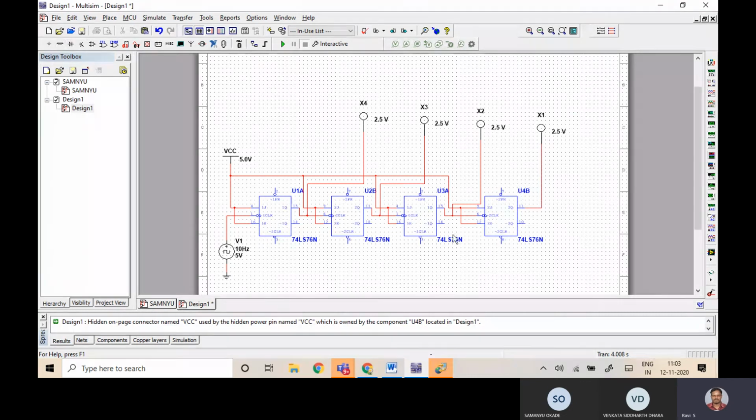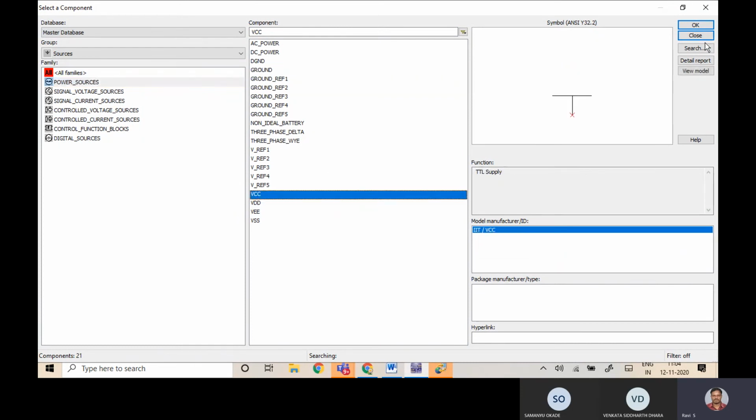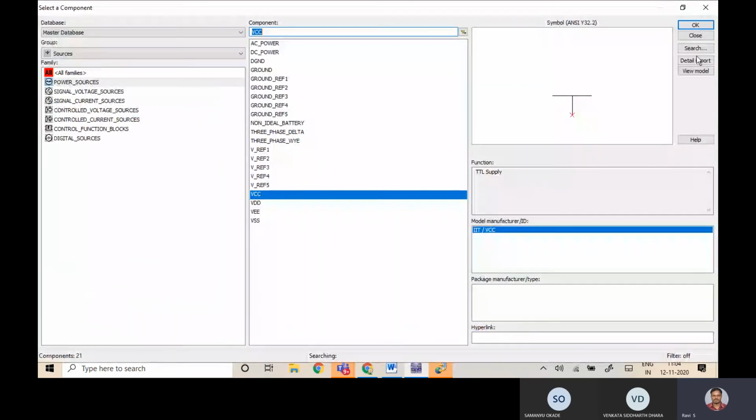And we have two additional points for this particular flip-flop, that is preset and clear. We have to connect them with constant 5 volt. For normal operation, we have to connect with high voltage. Since this is an active low component, the required operation needs low. So now I'm connecting one VCC for preset and one VCC for clear.